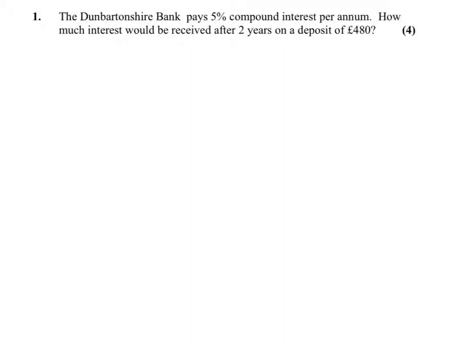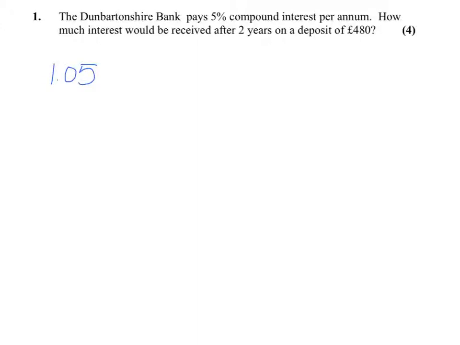This is outcome 1 in Unit 1, and the first question is a compound interest question. A bank pays 5% compound interest per annum. How much will be received after 2 years on a deposit of £480? So our multiplier here is going to be